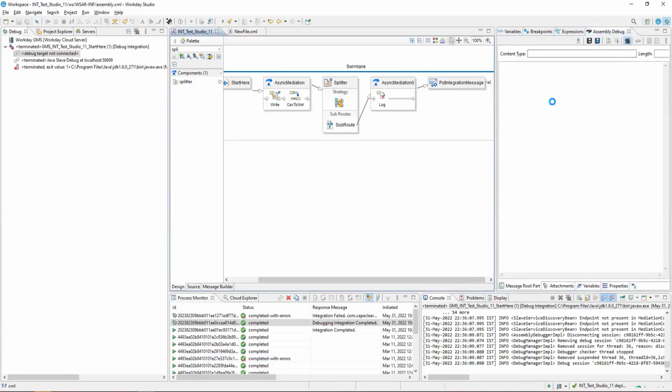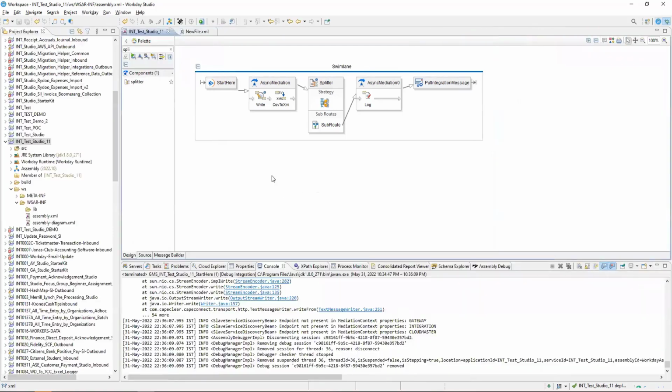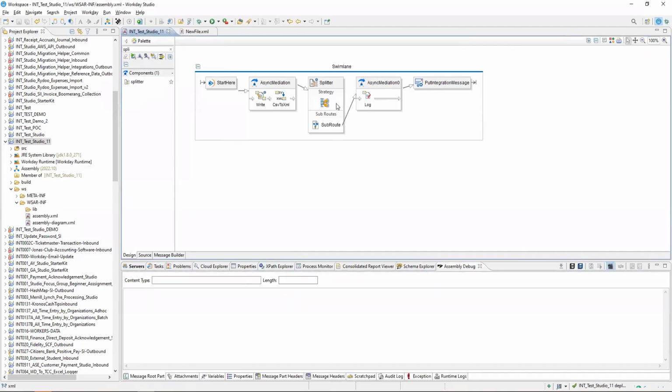Now coming back here. So now you are fine. You now know what a splitter is and how it works, right? Now let me show you. The friend of this is called an aggregator.